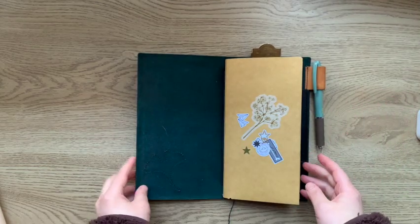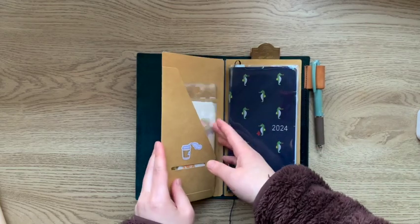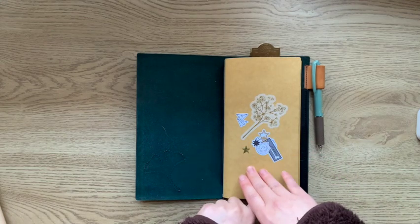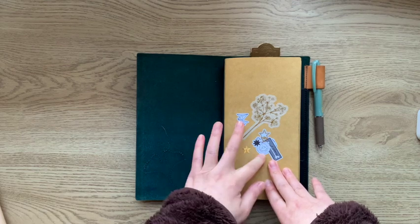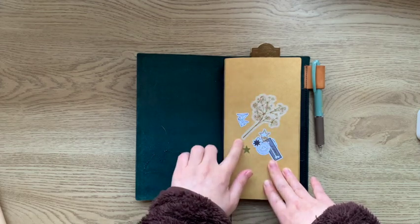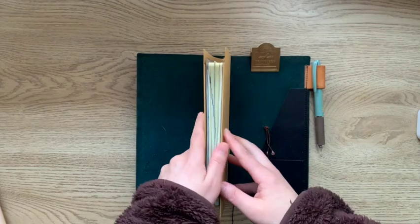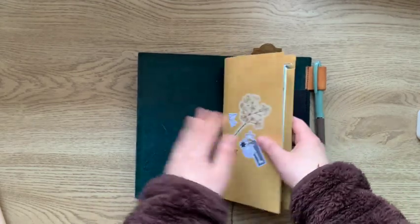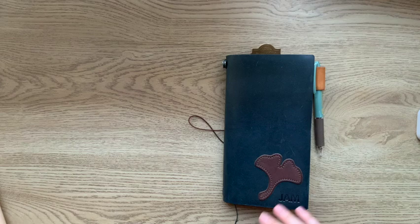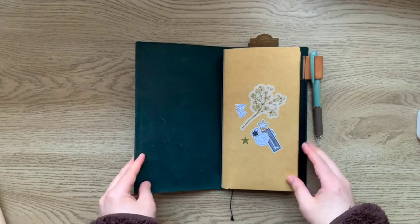And so rather than using a wallet insert to house the Hobonichi Weeks in, I decided to just use this craft folder. I already had this, and it has some decoration with some Megan Rhiannon stickers and this lovely little floral sticker that I had gotten as a freebie from Miso Paper in the UK. But because this is so nice and slim, it's allowed me to carry around what was becoming a little bit more of a fluffy Weeks, and to bring that around with me in the standard traveler's notebook much